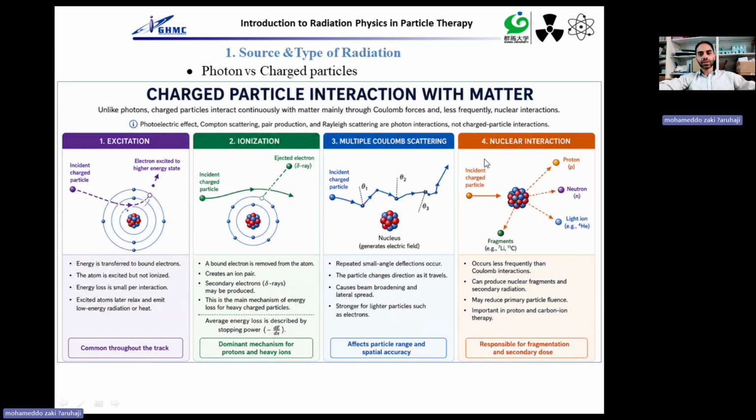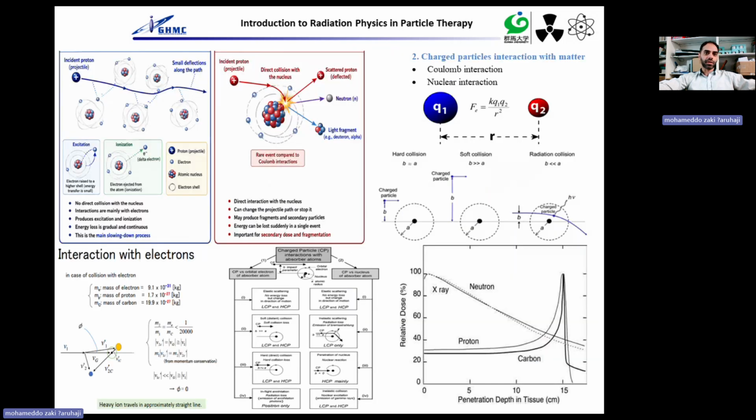The nuclear interaction produces nuclear fragments. We will talk about it in more detail in the upcoming slides. And yes, those are the ways charged particles interact with matter, and those are